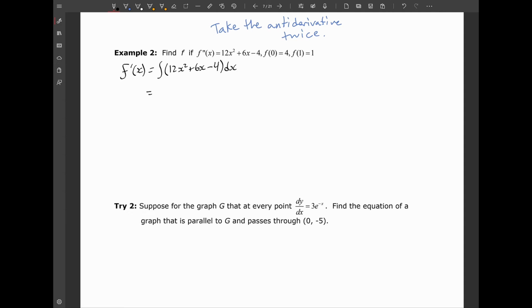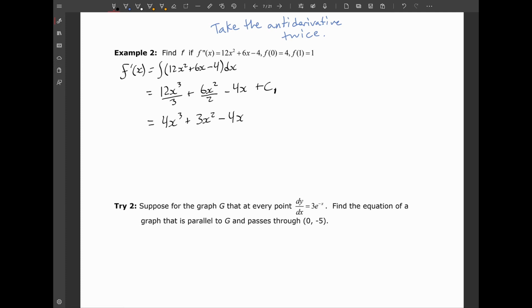This is going to be equal to 12x cubed over 3 plus 6x squared over 2 minus 4x plus c. I'm going to call this c1, because if I'm going to be taking this antiderivative twice, you better believe there's going to be more than one constant that's going to pop up in here. So I'm going to call this c1. So if I simplify this, of course, it becomes 4x cubed plus 3x squared